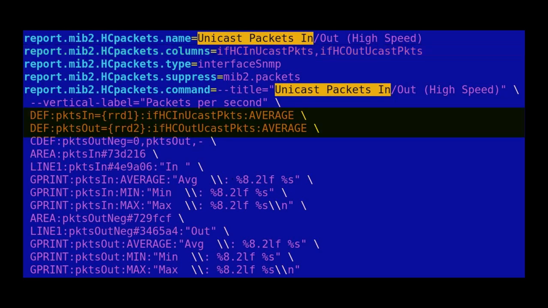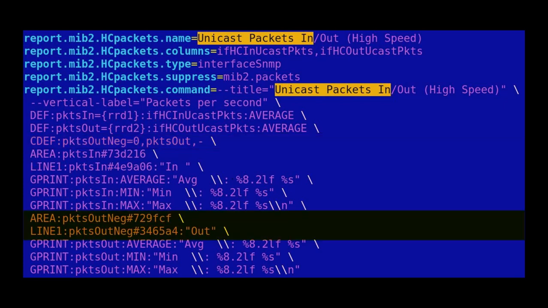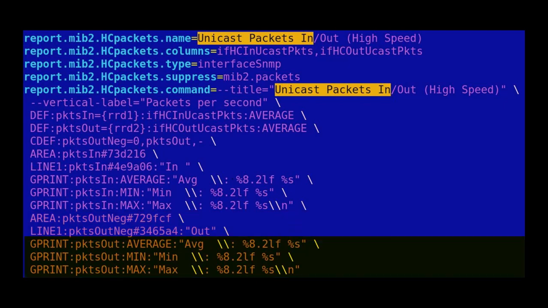The def line assigns if/hc in ucast packets to the variable packets in, and if/hc out ucast packets is assigned to packets out. The cdef, calculated definition, assigns to the variable packets out neg a value using RPN. It works as follows. Put 0 on the stack, put packets out on the stack, subtract packets out from 0. The result is stored in packets out neg. Note that packets out neg is used in the graph element line 1 and area, but packets out is used